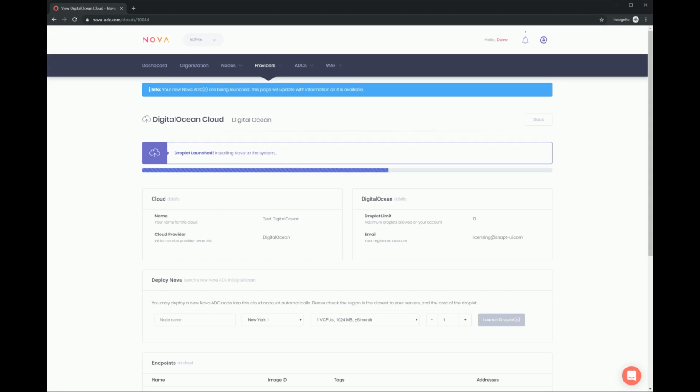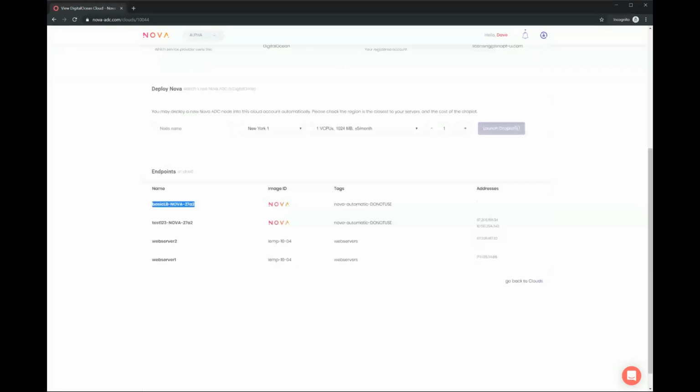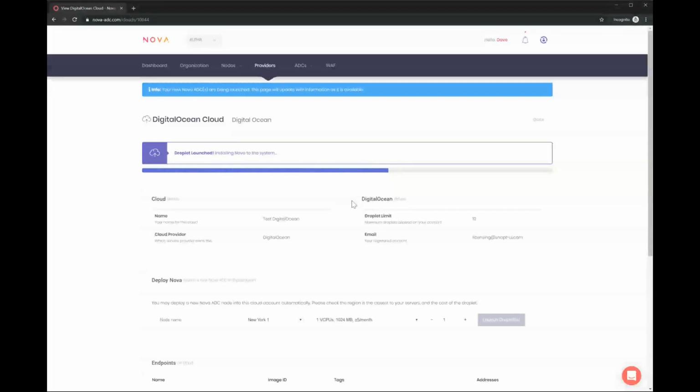So you can see it's launched now and we're installing Nova. That's the next status. And then after that, we should see at the top right of my screen a little message pop up saying that the node is connected as soon as the installation is done. Again, this really shouldn't take much longer than this. And if we refresh afterwards, yeah, there we see basic LB. That's the new server that we've been launching on the cloud. So this should be finished any second now. Just want to wait for it on this page. Obviously, you don't actually have to stay here on this page.